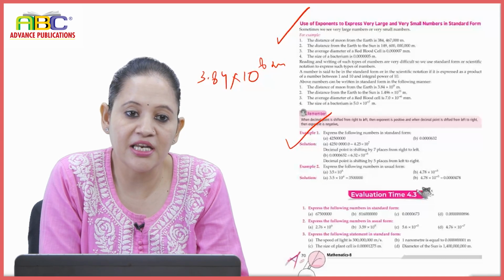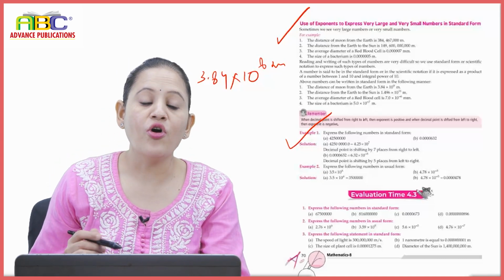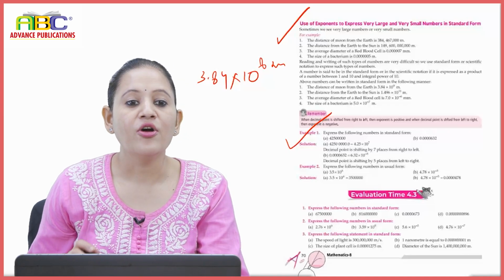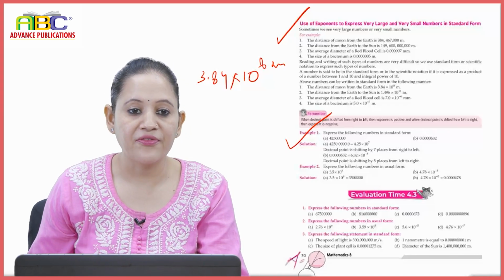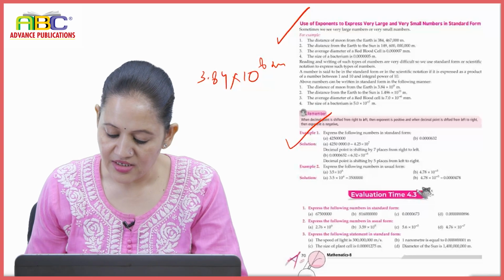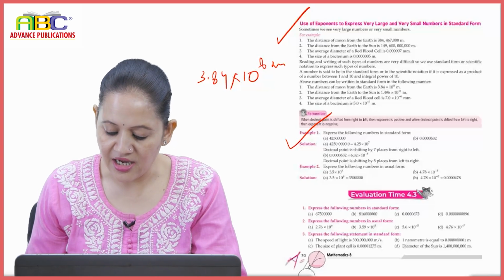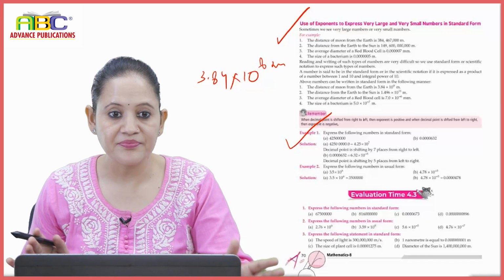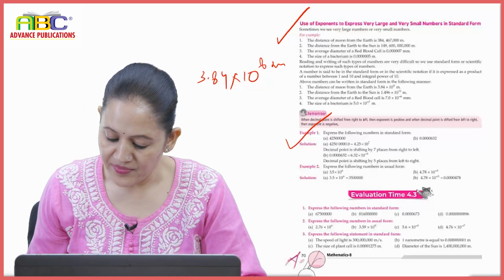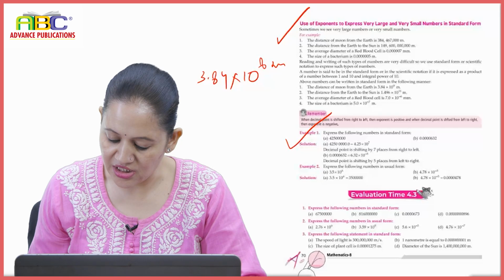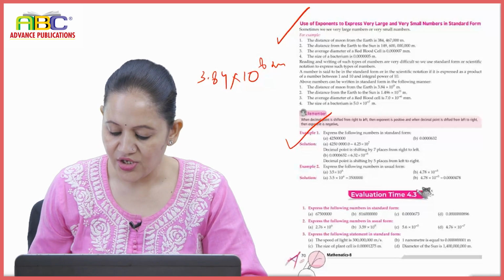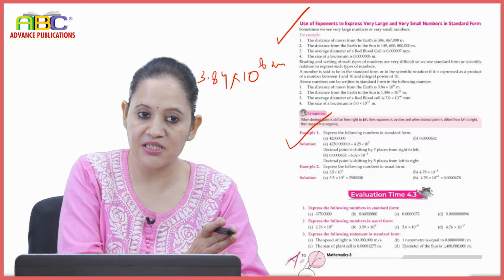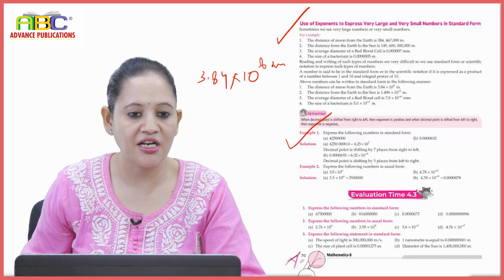So हमें standard form में लिखना है। So we'll write it as 4.25. Clear? इसको हम लिखेंगे 4.25 एंड डेसिमल यहाँ पे था, हम कहाँ पे शिफ्ट करें? लेफ्ट में। दैट मीन्स पावर क्या हो जाएगी? पॉजिटिव। क्लियर? सो कितने नंबर्स है? 1 2 3 4 5 6 7। सो विल राइट इट एज 4.25 इंटू 10⁷। 7 प्लेस हमने वो किया है तो 10⁷ हो जाएगी। क्लियर?